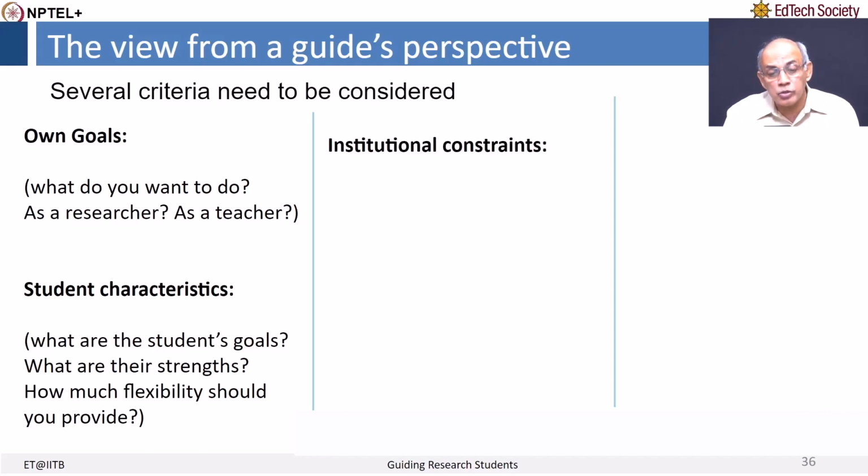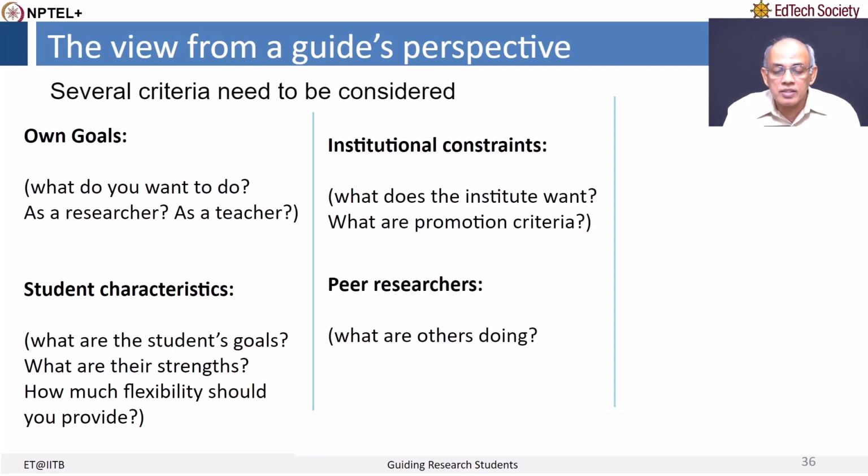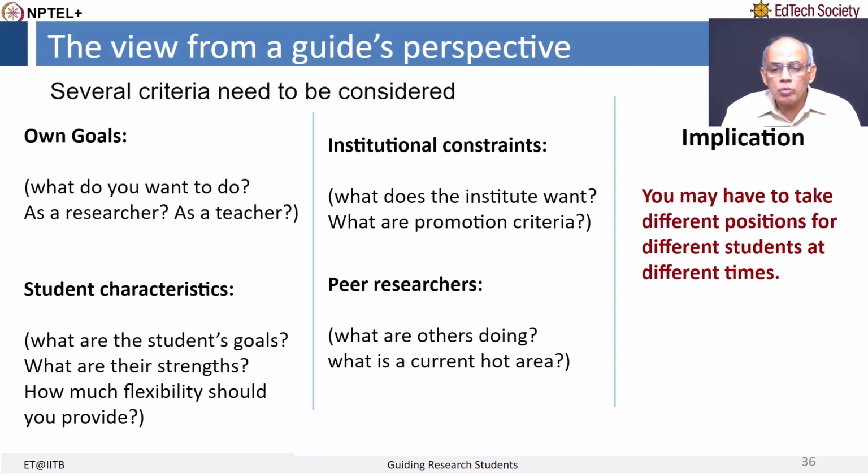And then there are institutional concerns, like what does the institute want me to do? What are the promotion criteria? These are also very important things to keep in mind. As well as, what is happening in the field? What are peer researchers doing? What is a current hot area in my broad area of work? All of these are criteria that a guide needs to keep in mind to choose a problem for a particular